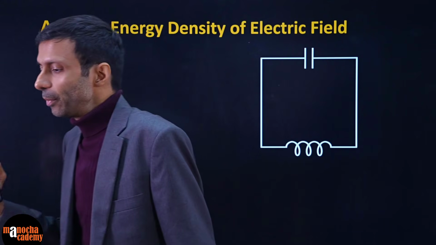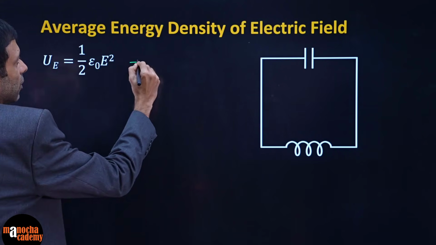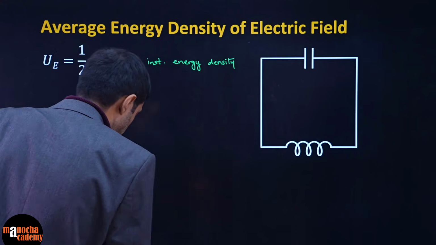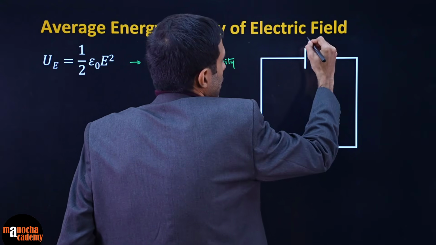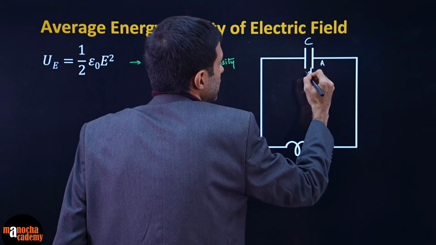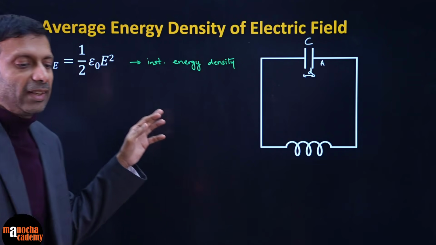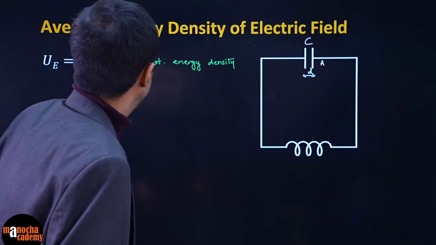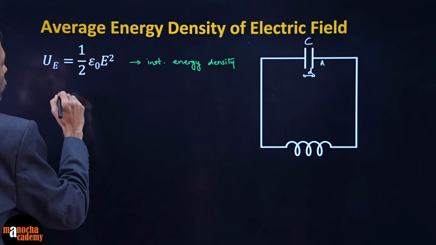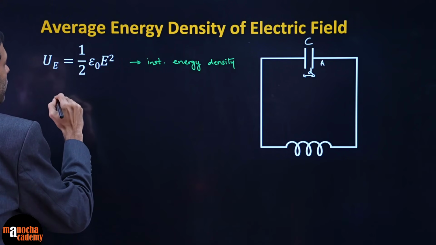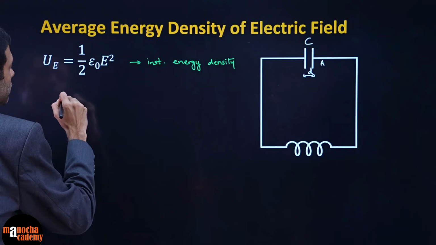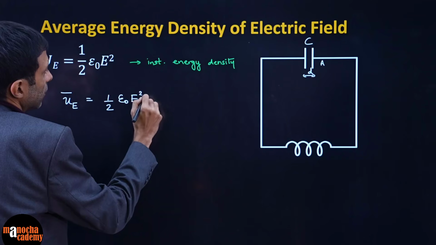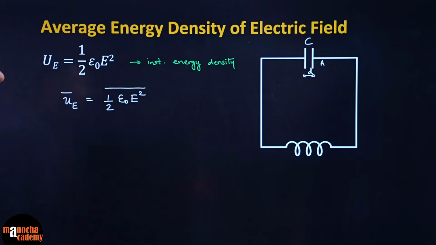So remember we have got this formula, this is for energy density, or you can say instantaneous energy density. Again we are focused on the capacitor, having area A, right, and this distance D. So how will you find its average? What will you do here? So you will say I am interested in, and this is the small u, so I am interested in average. So I will take an average of this. Do you guys agree? Let's take an average of this.